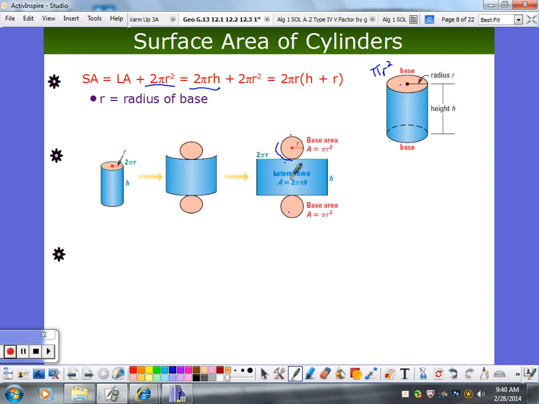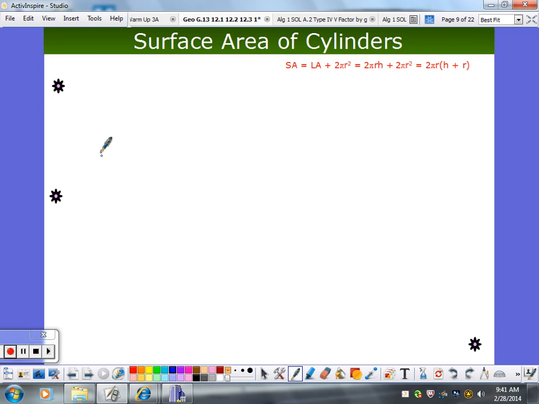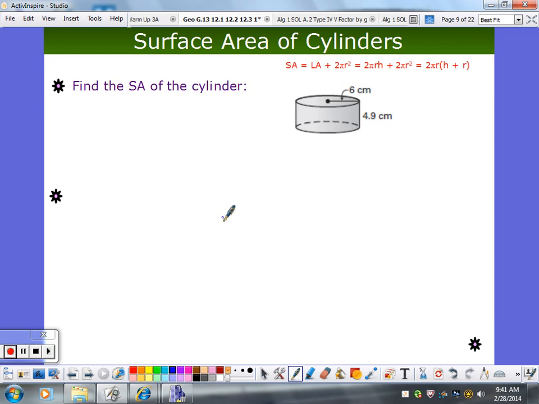What if you just want the label of the soup can? Then just do the 2 pi r h. That's your lateral area. Okay, so it's the same idea. Lateral area plus twice the base. They're really the same thing, but I know more about circles. I've got some different formulas, getting pi involved. So if I want to find the surface area of this cylinder here, and again, this is on the bottom of the page,